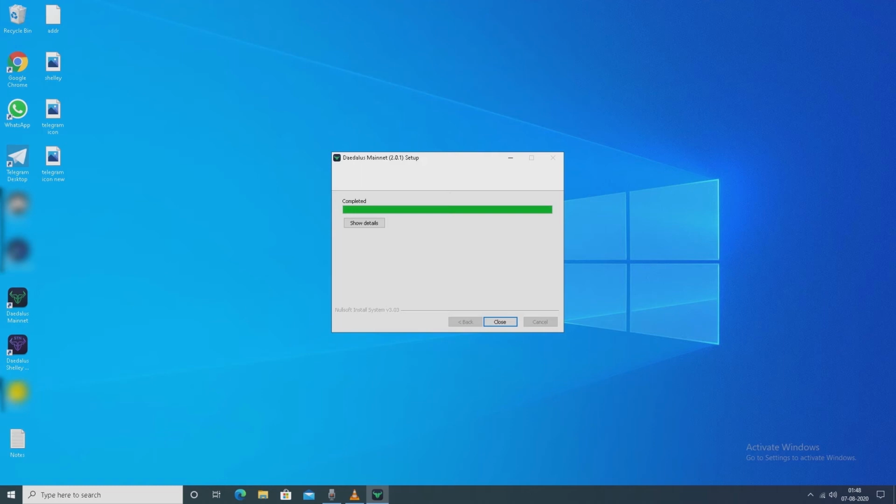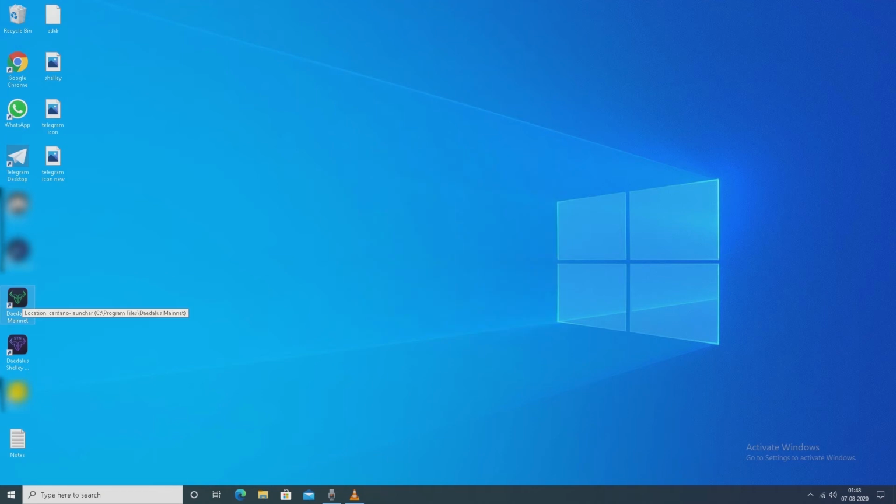So installation is complete. You can find the Daedalus mainnet icon has come here. Let's close and click on Daedalus mainnet wallet.